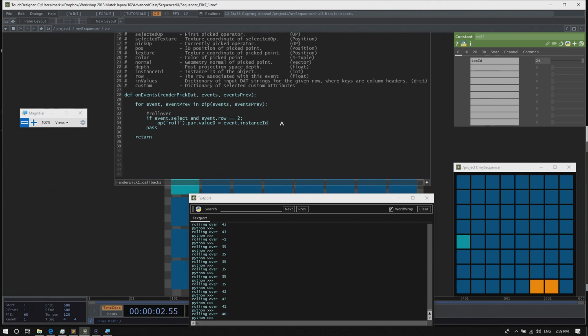And the next step is that sometimes those buttons here get stuck because we only run this function when the event.select is being activated. But we probably should also do this when event select end happens, so when the rollover ends, basically.